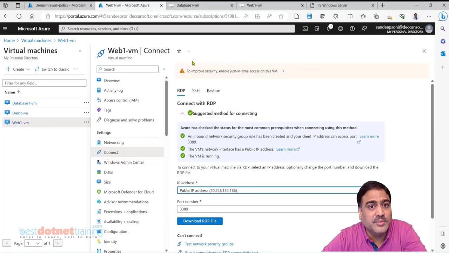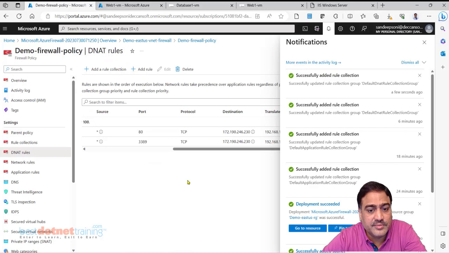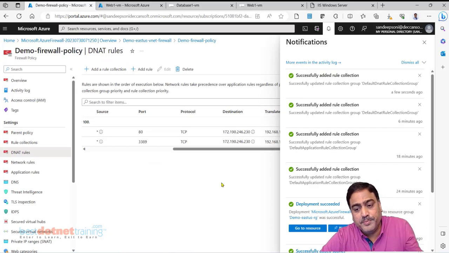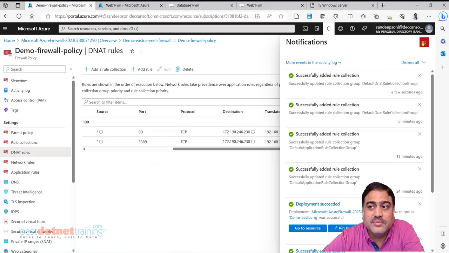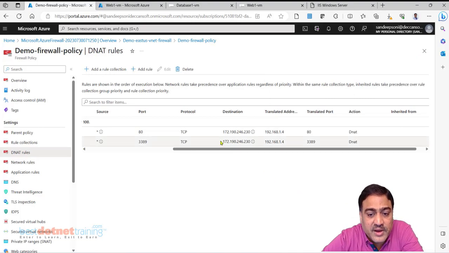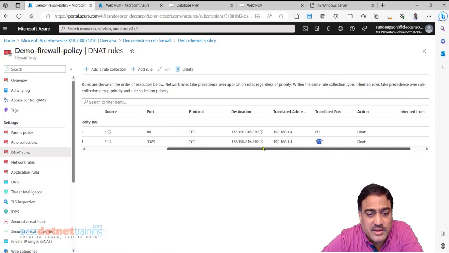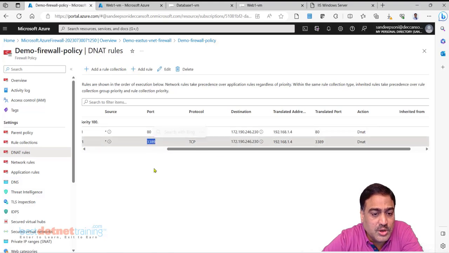But what is the problem? The problem is, what if I have Web2 VM? If I send a request to this IP and this port, it is connecting very clearly to Web1 VM IP and port number 3389. This IP and this port is connecting me to Web1 VM.